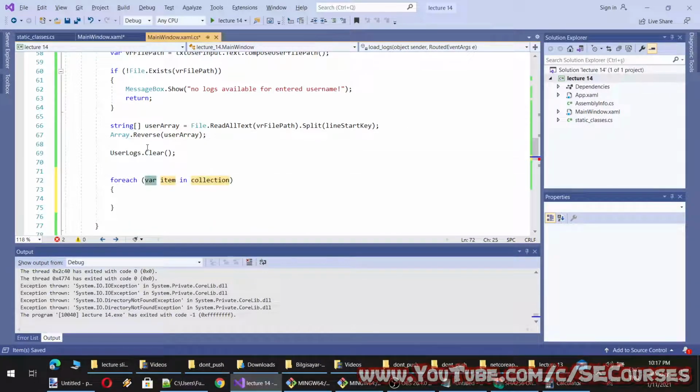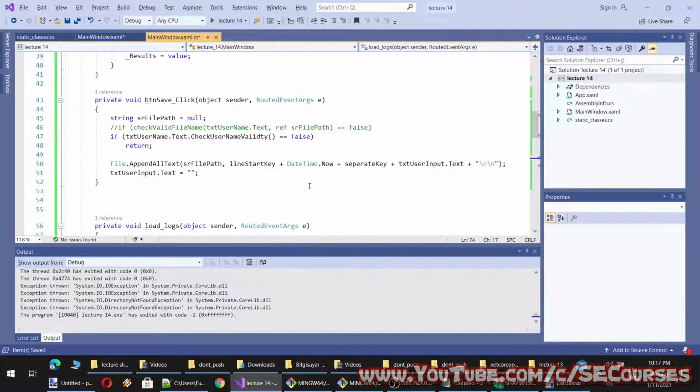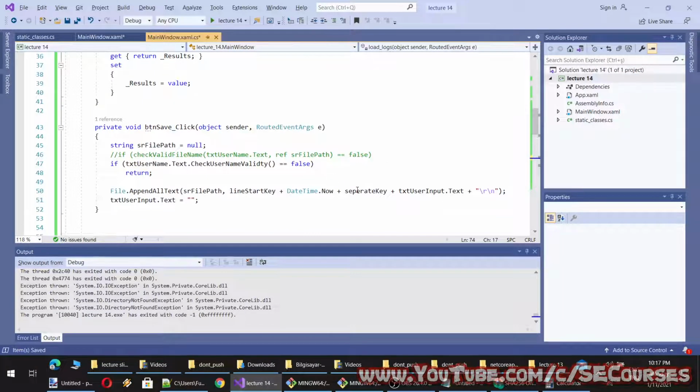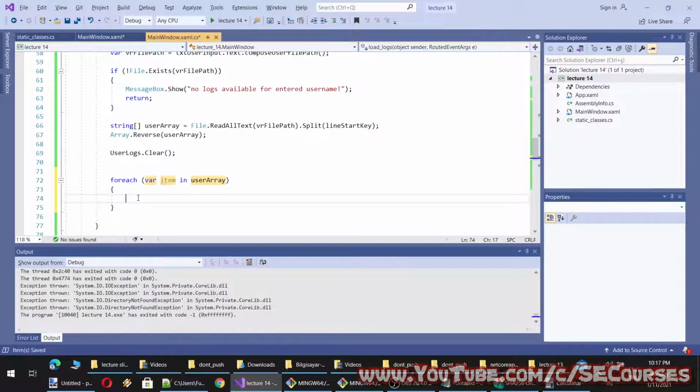Then we will do a for each inside this user array. And here I will use the separator for date time. Okay, because I want to display date different from the user input at the beginning of it with a different format, whatever I want. And I will add like this.